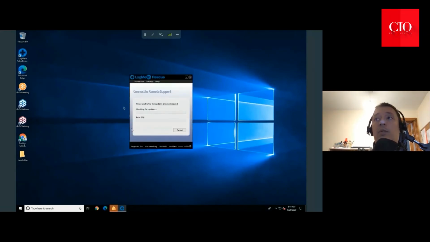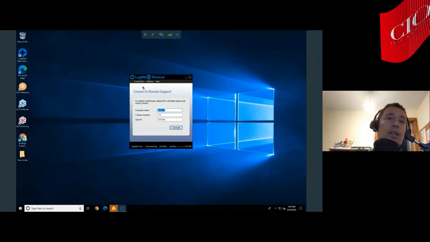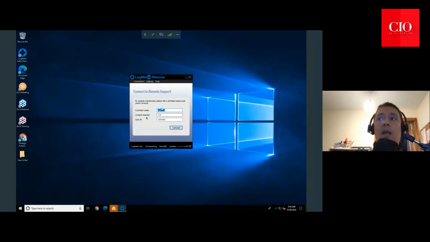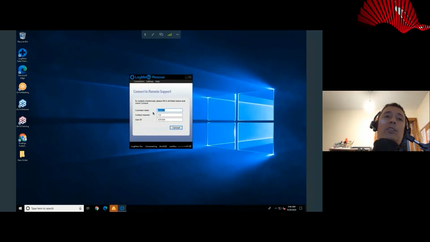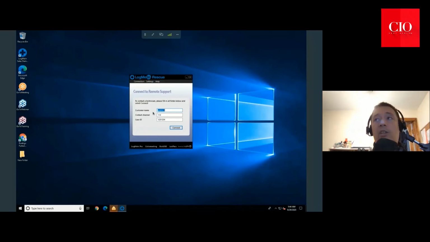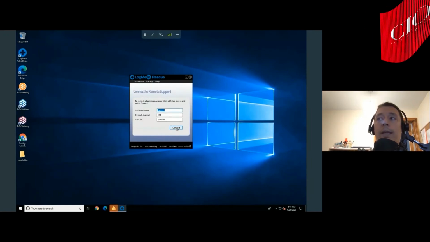So that will run for a quick update, and you have two different types of connections. You can do the channel, where that will be going straight away to the technician on the queue, or you can do using a pin code. So that's the user pin code. If you're using this session here, look how quick it is. You just click connect,